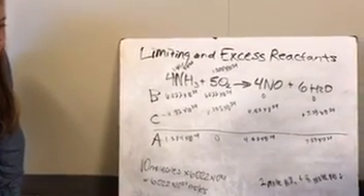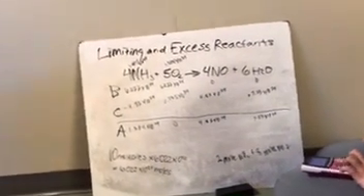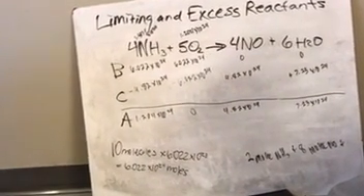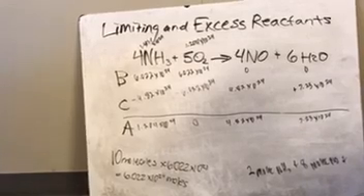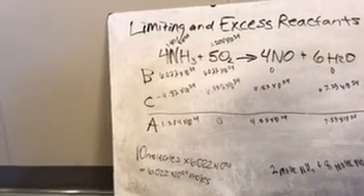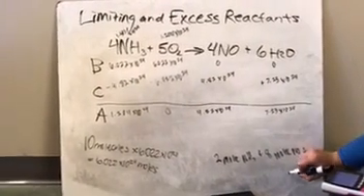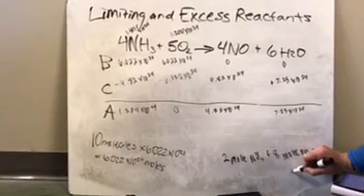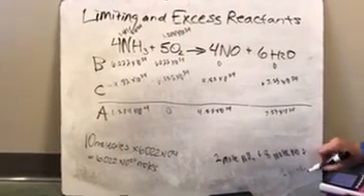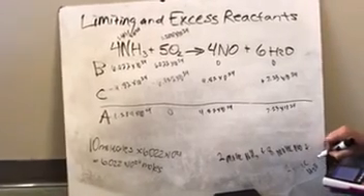And then for the water molecules, we're again going to do 7.23 times 10 to the 24th divided by Avogadro's number. Gives us 12 molecules of water. So in